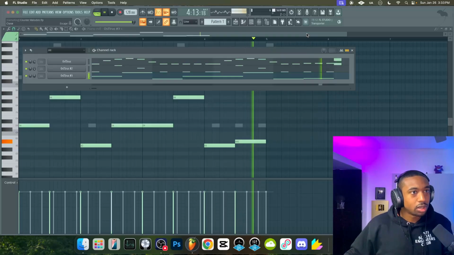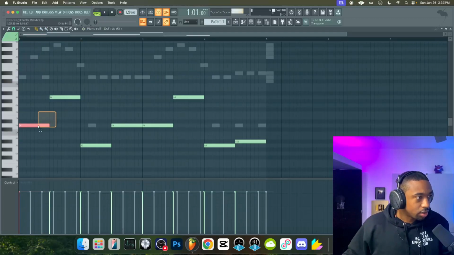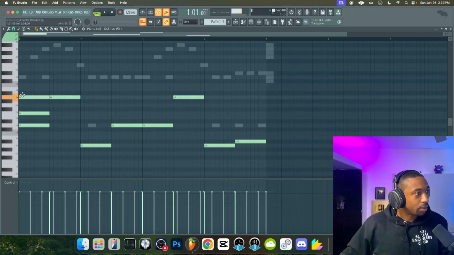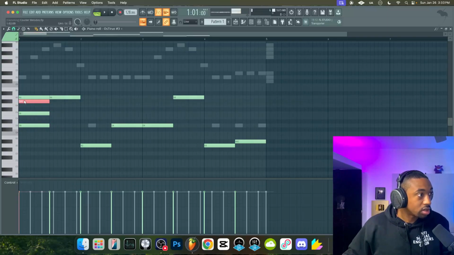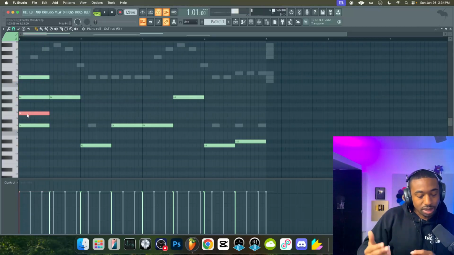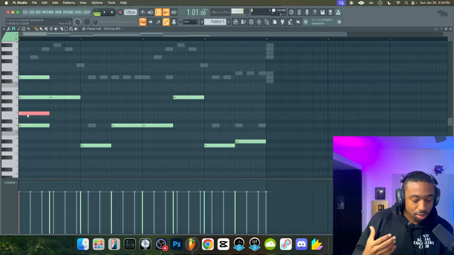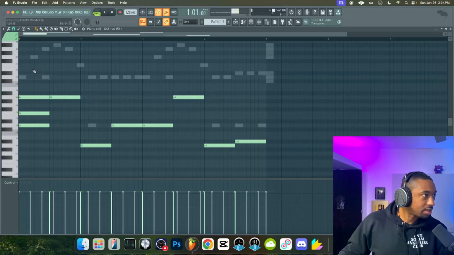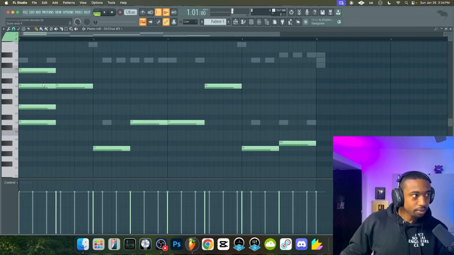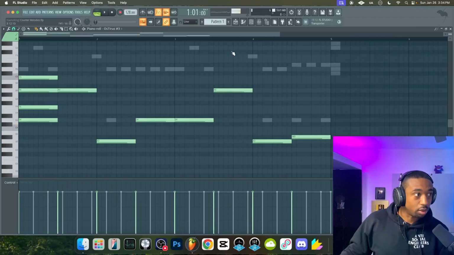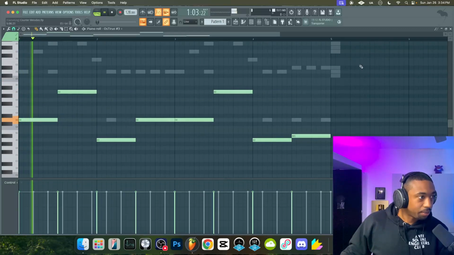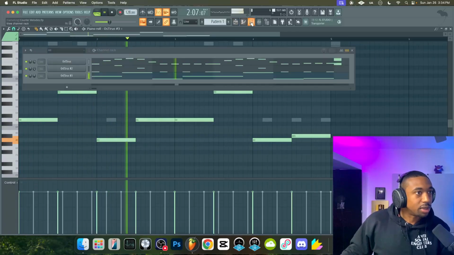Okay, so what we could do with this layer 2 is harmonize it. I'm trying not to make this video super in-depth, but to add that final layer, we could think about harmonizing or creating chords from this bottom layer just to be more filled out because it's so simple. Adding more complexity would be to add more notes. So hopefully you guys are starting to see how simple this stuff can really be. But that might take too long to figure out a chord progression for this. So for that reason, I'm going to skip this part because it just takes too much training.